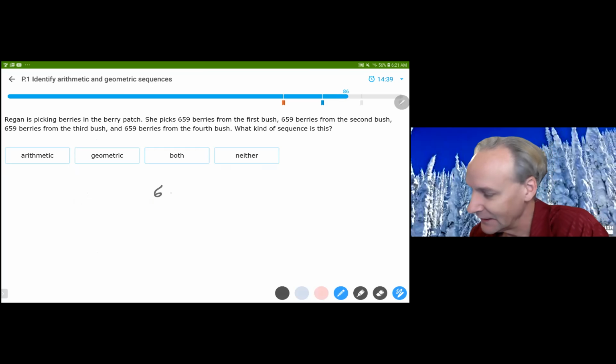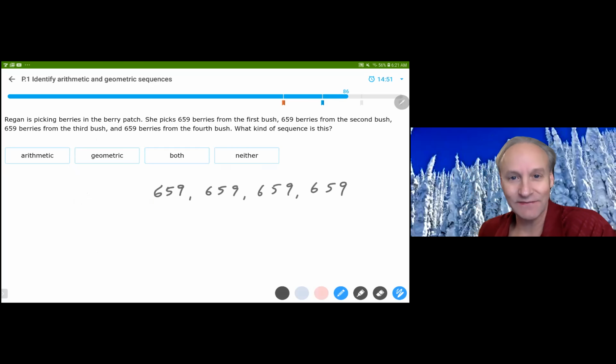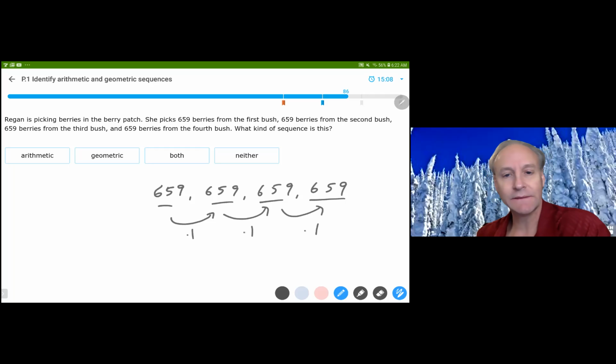Okay, so 659. Oh, okay, here we go. 659 and 659. Okay, so this one is called an identity function or an identity sequence, and we just keep getting the same thing over and over again. Well, there's 2 ways, actually 4 ways to do this. We could multiply by 1 and multiply by 1 and multiply by 1. That's called the identity for multiplication. But we could also add 0 and add 0 and add 0 and so on, which is the identity of